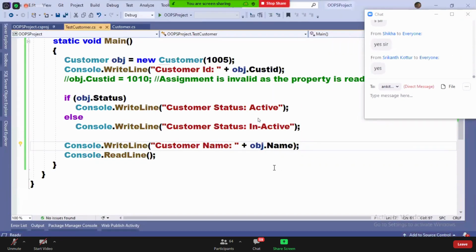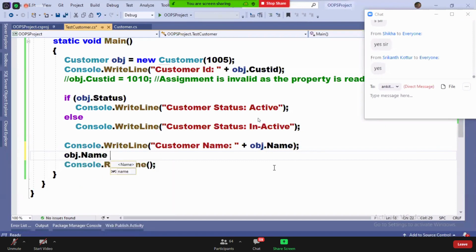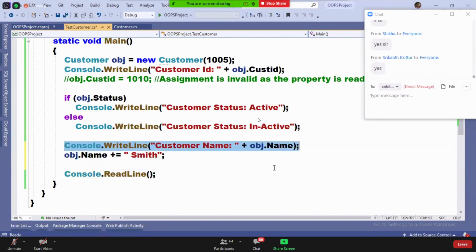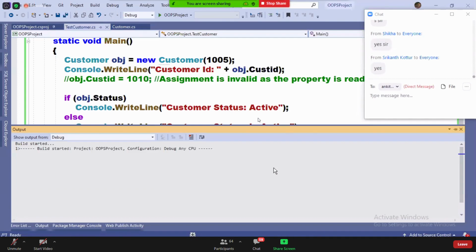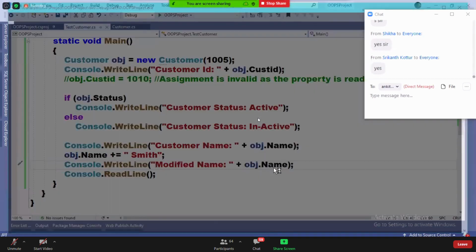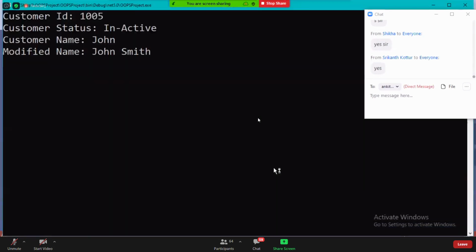And I want to manipulate the name: obj.name plus equals Smith. And now I'm writing, modified. Run, and the modified name comes. Is that clear, guys? I defined a read-write property, so I'm able to set the values. Both the two things are working.